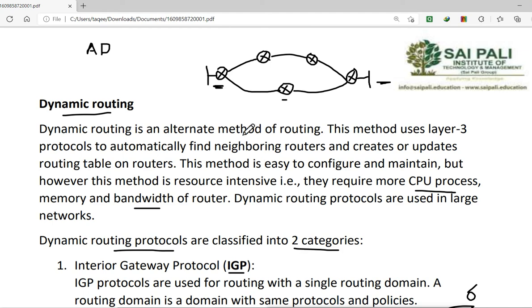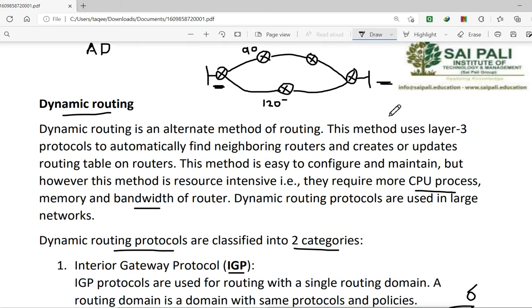Now the administrative distance value is like, for example, if this path has a value of 90 and this path has a value of 120. So this is a number. This is the AD value. Now what if this router wants to go to this network? It has to choose the path.